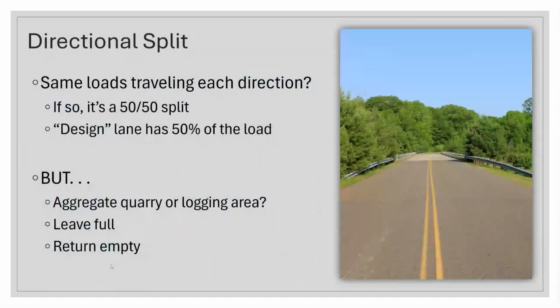And then directional split. We do have some traffic going in each direction. If it's a 50-50 split, then we just divide it in half. But we have a lot of situations where one side is actually going to be carrying more load. For instance, if you have a quarry near a county road and all the trucks come out, they always turn right to go up to some main area to go toward town or whatever. If the loaded trucks are always in this lane, and when they come back to the quarry empty to reload, they're always in that lane, now I have a difference in those 2 directions. So if everything is 50-50, that's how we're going to treat it.